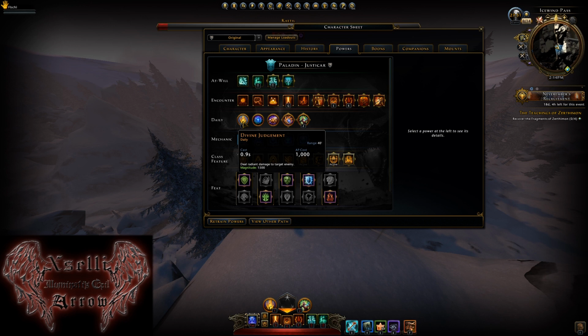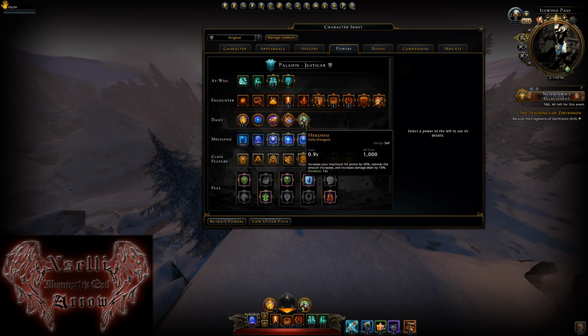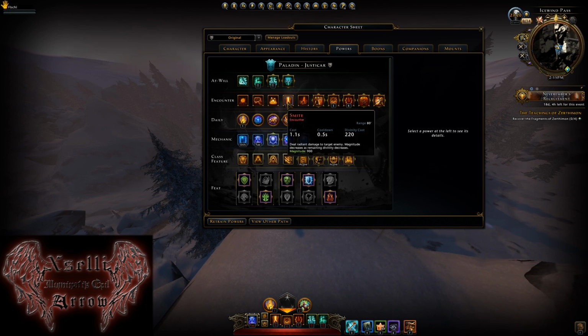As a daily, I would recommend the Divine Judgment to have a little bit more DPS in dungeons like the LOM, and the Heroism to survive the orbs at the 7th or 8th stacks, also 7th or 8th orb at 6 or 7 stacks. So in some other dungeons like LOM or lower, you can change at the account or something. You can choose at LOM I recommend Smite,